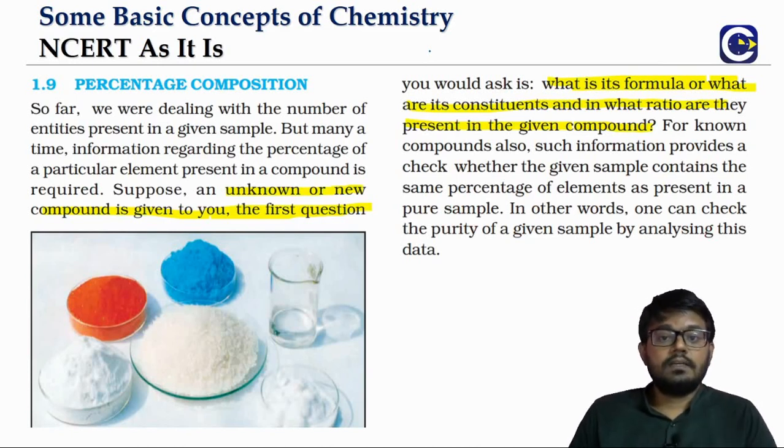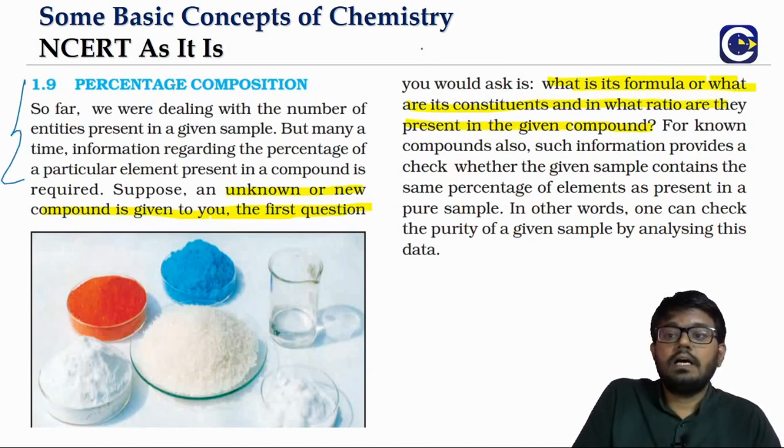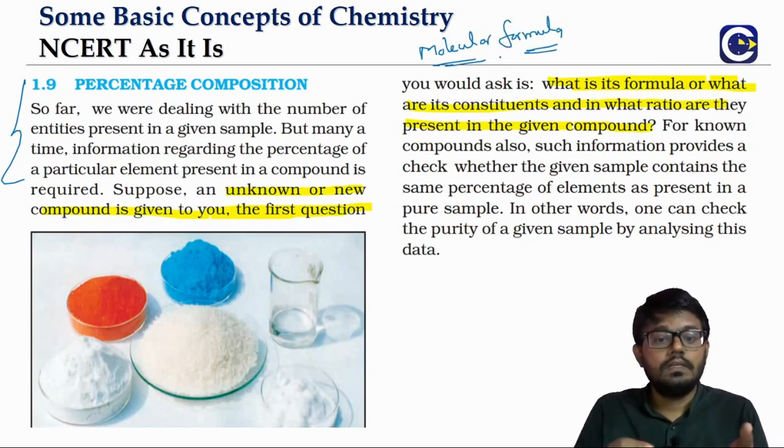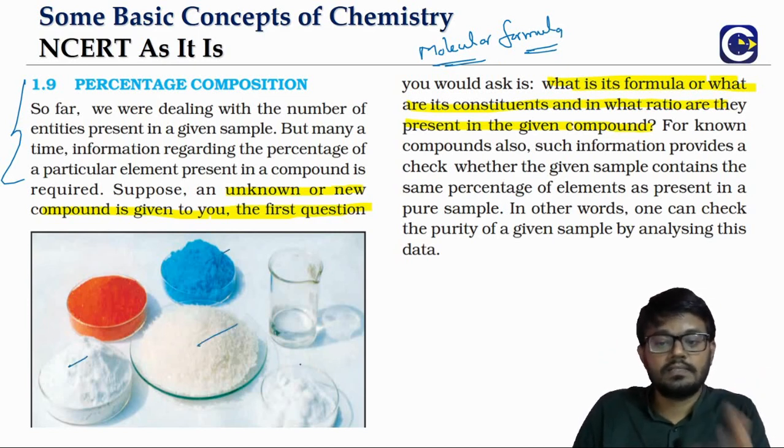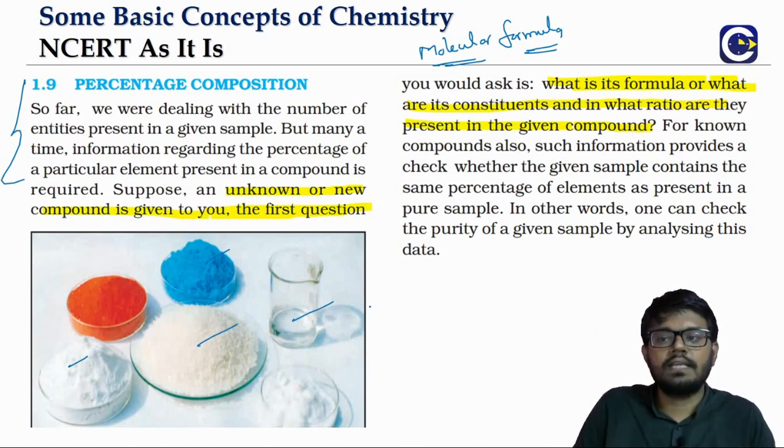Now the second part is about how you get the molecular formula of substances. Whenever any compound or substance is given to us, the first thing that we will be thinking is, what is this? Some blue color is given to us, white powder, white crystals, or some compound in liquid state. Every time something is given to us, we will be thinking, what is the formula of the substance? What are the constituents?